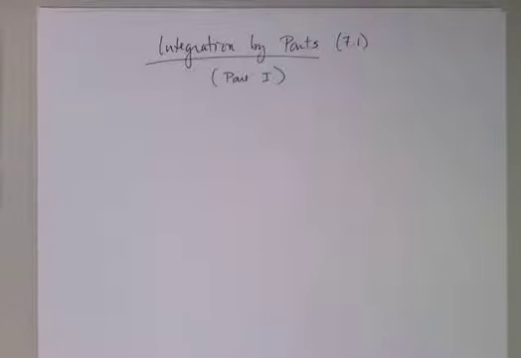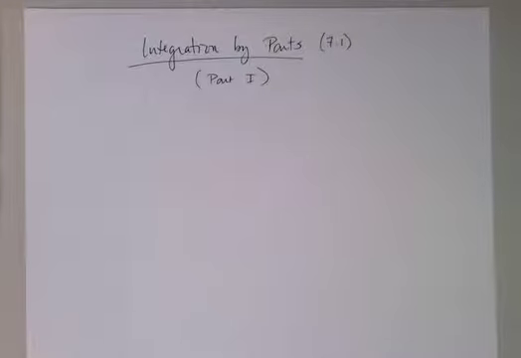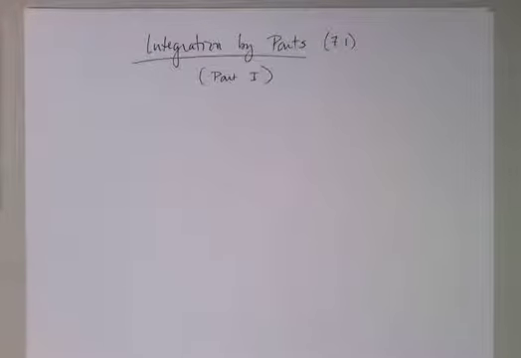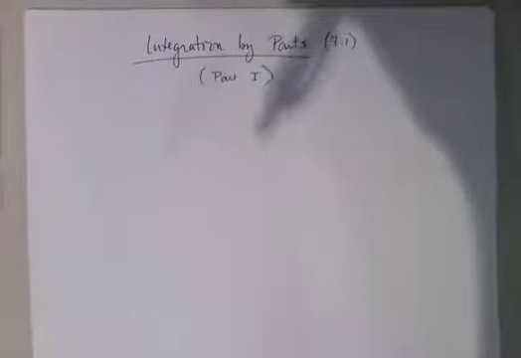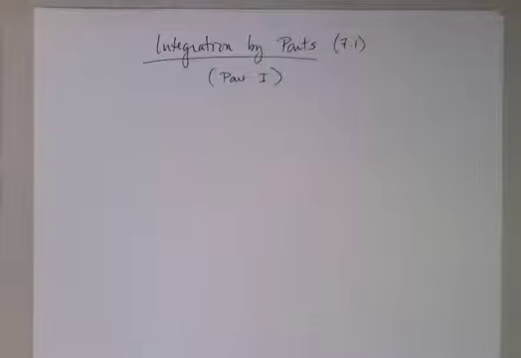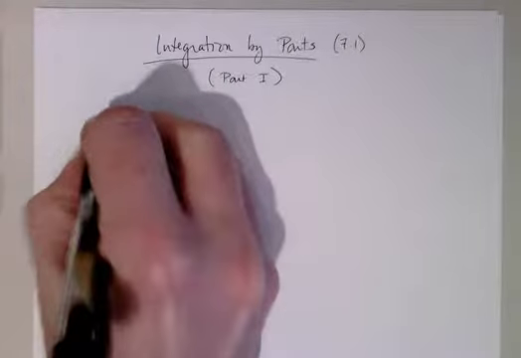Okay? Well, here, integration by parts is a clever way of using the product rule in order to actually execute an integral that doesn't, up to this point, look like it's integrable. Okay? So here's what we're going to do. Let's go ahead and look at